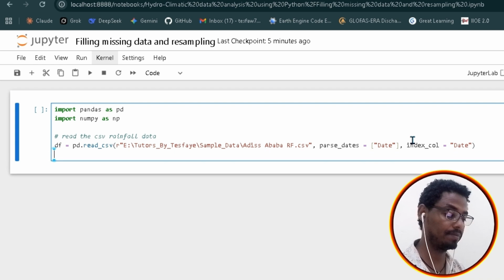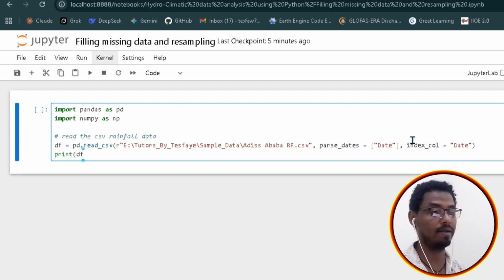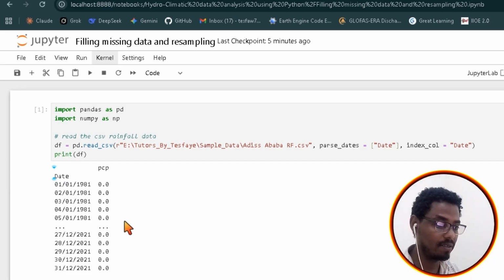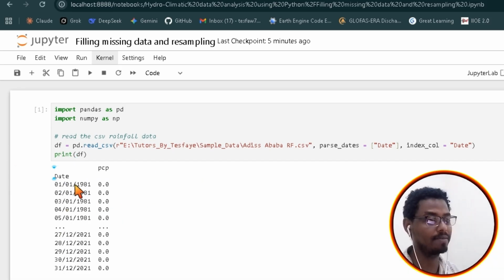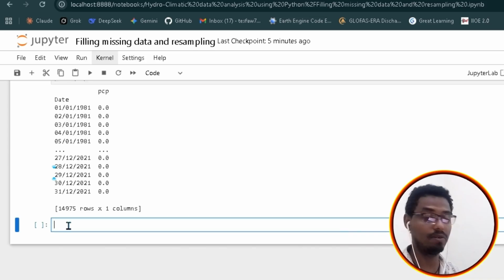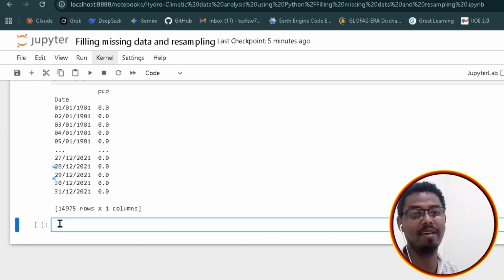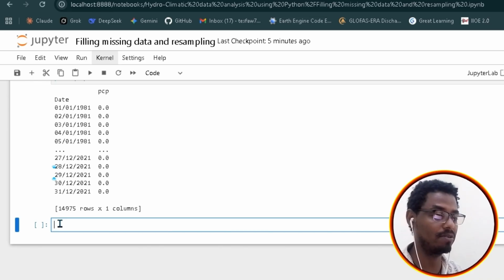Now print the data from df. Now run the code. So as you can see here, I have put the date as an index and also the PCP as a column with 40,975 rows. So in order to know the amount of missing data that's available within the data frame or the rainfall data,